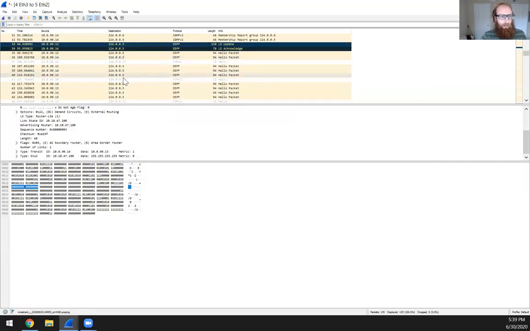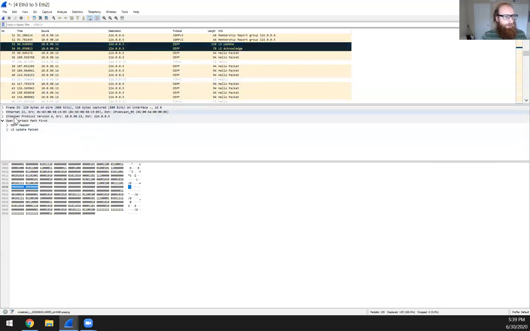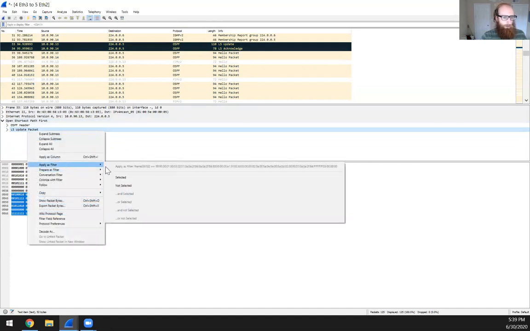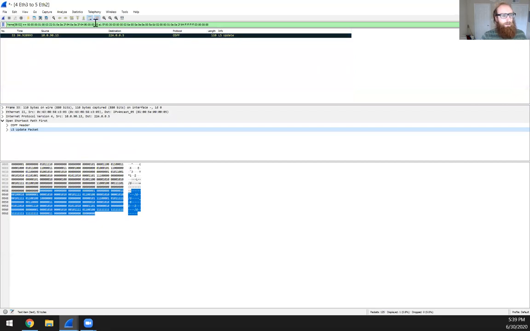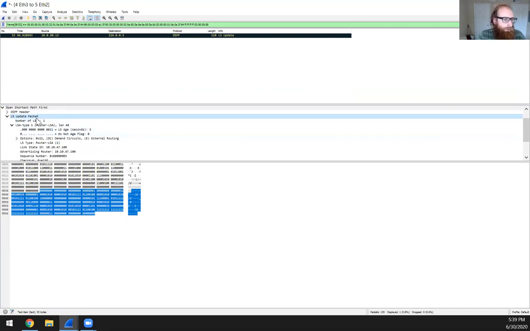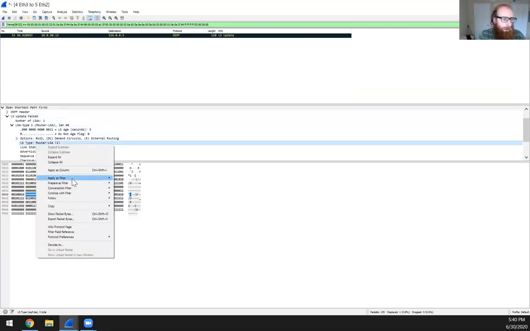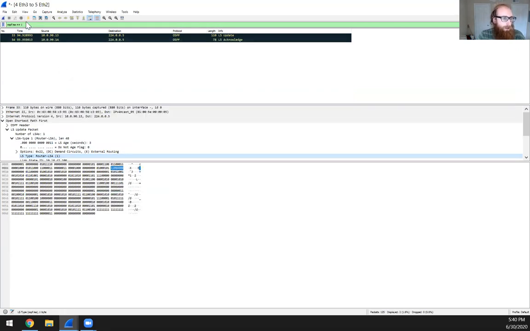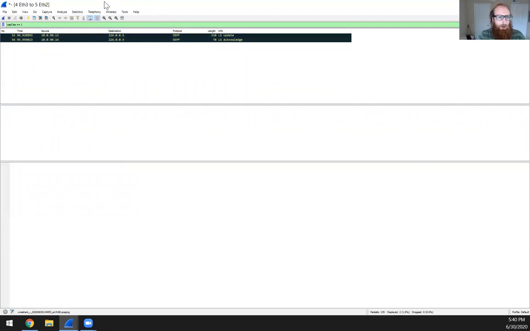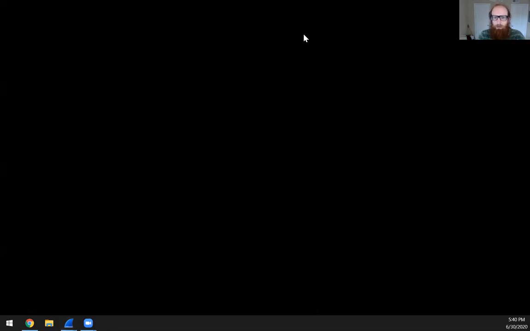Another thing, a way to use Wireshark better that I could have done: I take this LS update, so now I can see Open Shortest Path. I want to find packets like this, so I can do apply as filter, selected. Oops, but it looks like this is actually specific to the traffic here. I would want this applied as the filter because I just want to flag it based on the general kind of traffic it is. So if I use that filter,